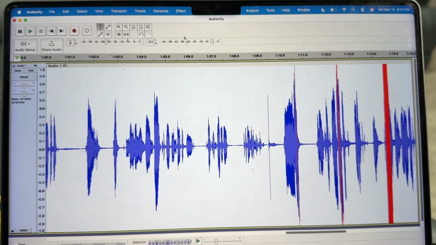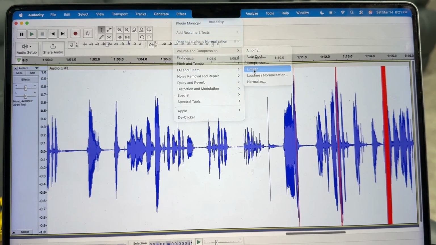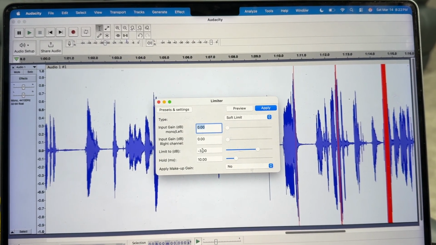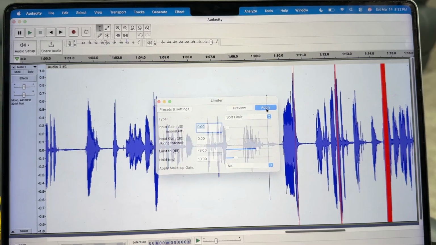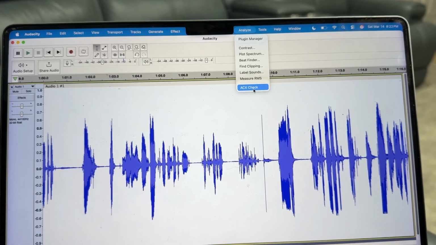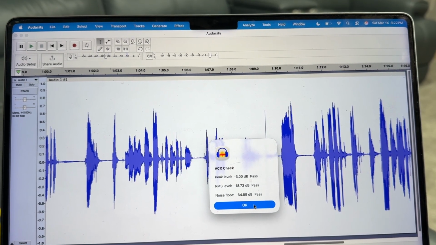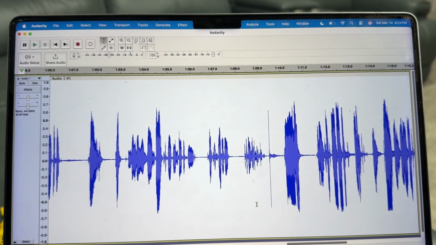And then the last one we have to run to get that to work, under volume and compressor, we have to do the limiter, and the -3 is what we're looking for. I apply that. You ready for this magic? ACX Check. Passes, pass. Yay.